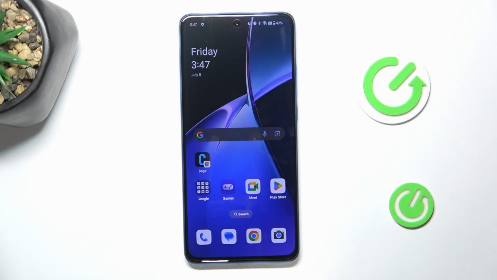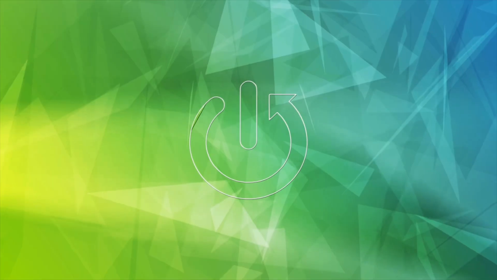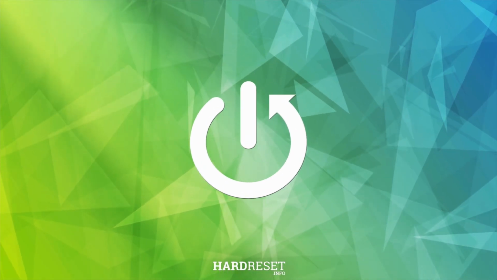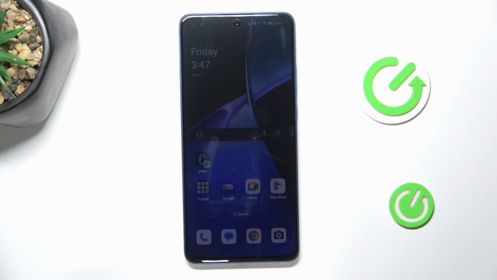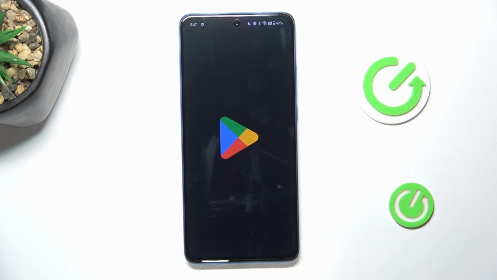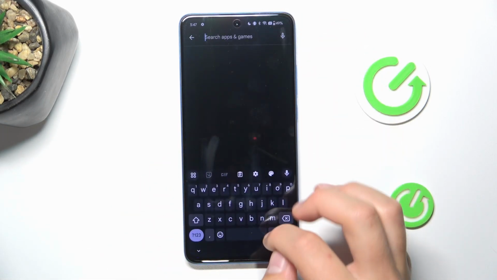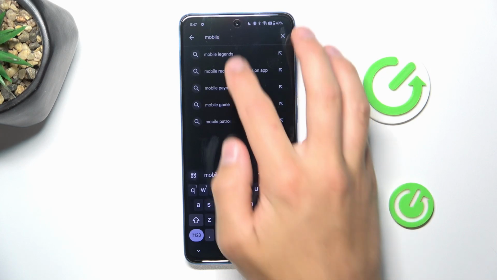Hey guys, today I'm gonna show you how to fix the problem of apps not appearing in your Google Play Store due to the parental controls being enabled on OnePlus Nord CE4 Lite. Firstly, go into Google Play Store, obviously, and as you can see, if I try to search up some game,